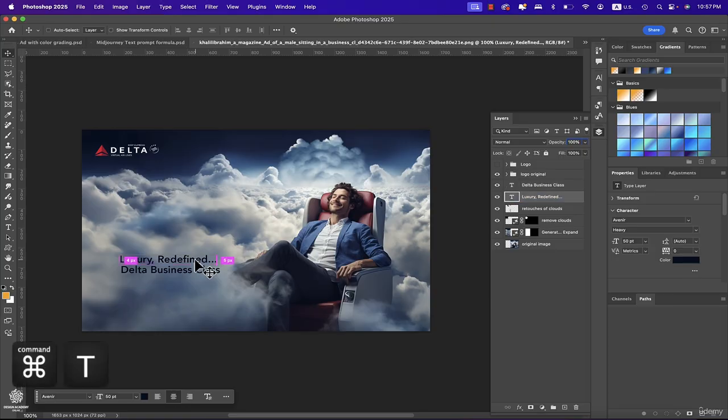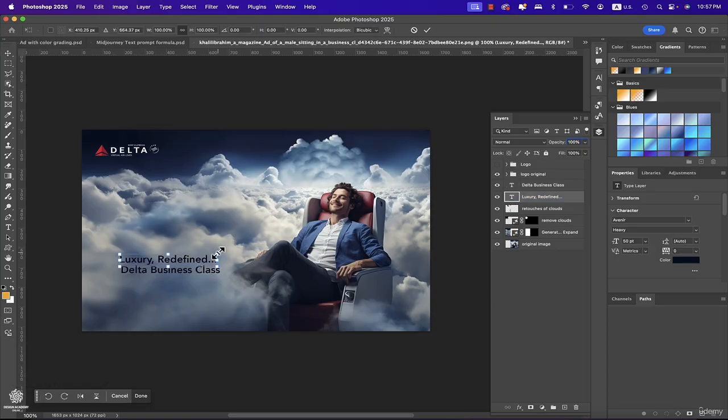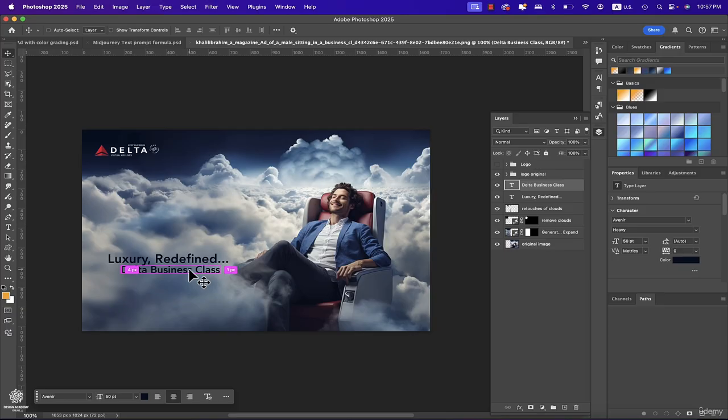Selecting our main message, enlarging that one, pressing Command or Control T and holding Alt or Option key to scale that one up from center. That's why I'm holding Alt or Option key while doing that. Maybe like so. And selecting business class and transforming that one again using Command or Control T, and let's scale